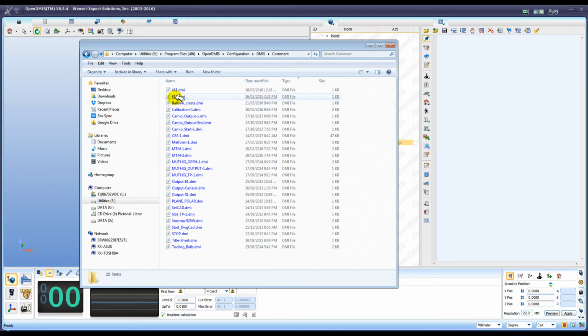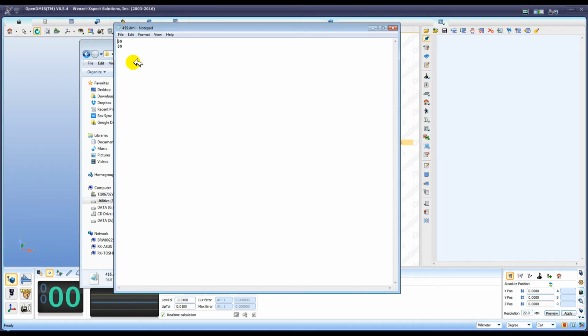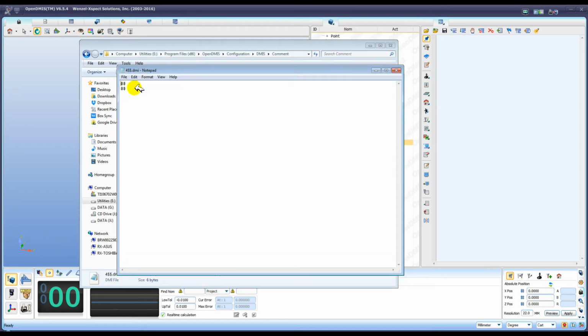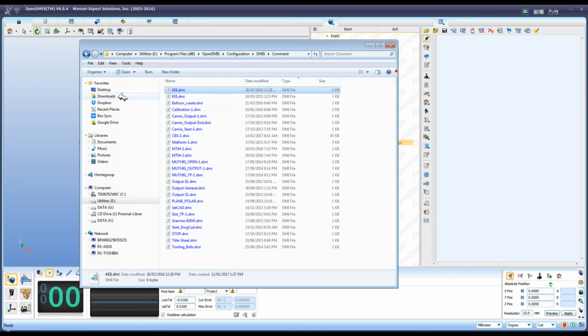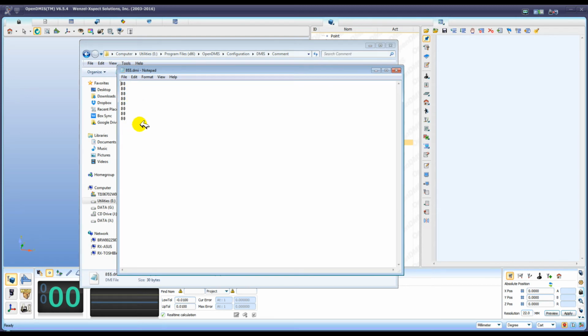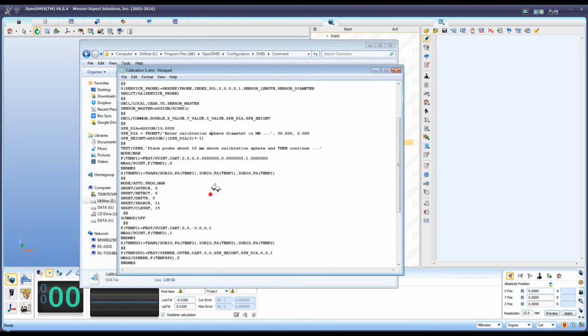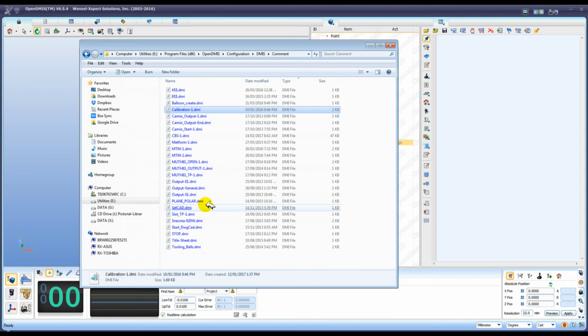For example, I have this DMIS file, as simple as two basic blank lines with a double dollar sign, the comment sign. I just want to add two lines of spacer inside my program, and this is basically eight lines of spacers. Of course, I have much more complex programs such as calibration and also some file formatting. Once you have the program under this folder,